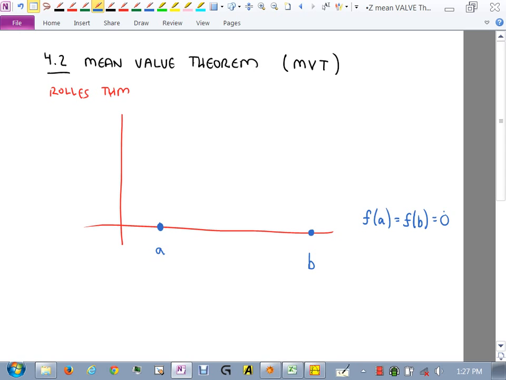Not a whole lot of functions are going to start and end at the same place and it be 0, but just stick with me on this. If this is a continuous function, continuous meaning I try and connect these 2 points together and I can't pick up my pencil, then if I do that,